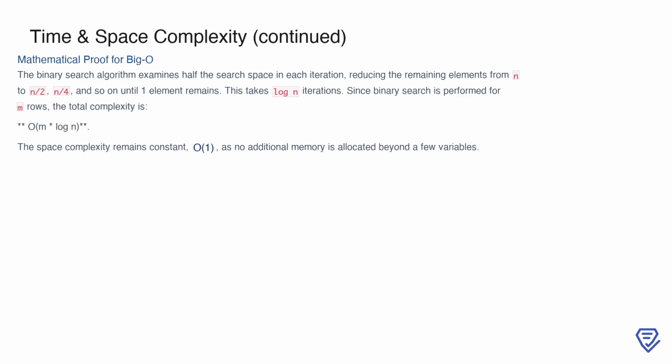Binary search works by halving the search space in each iteration. Starting with n elements, the search space reduces to n/2, then n/4, and so on, until only one element remains. This process completes in log n iterations. Since we perform binary search on each of the m rows, the total number of operations scales as O(m